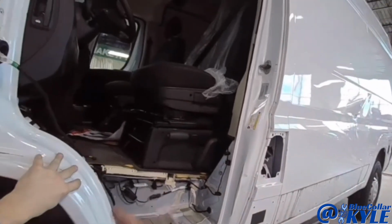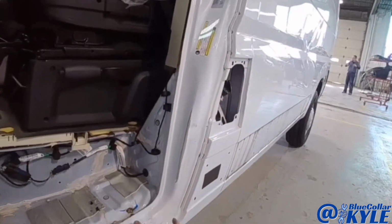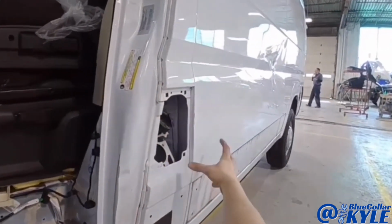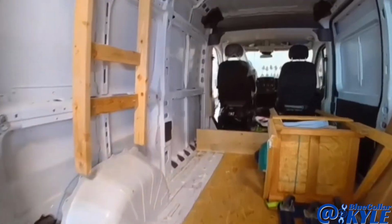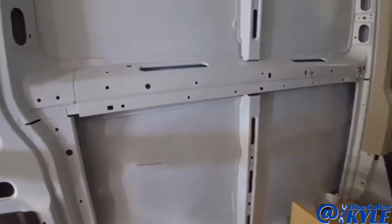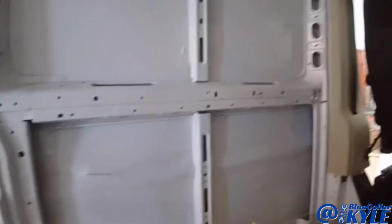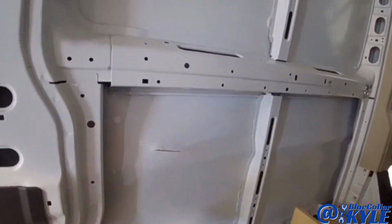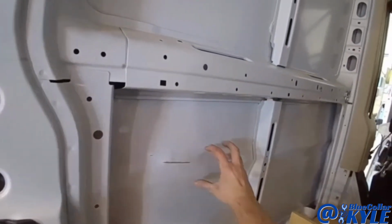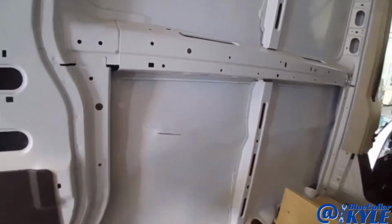Then it's getting a new door, and it also has damage right here, right here. The good news is there's wide open access to get to the inside of this repair, so that's going to help because this metal is probably, actually I'm sure it's going to be stretched right here, so I'm more than likely going to have to do some heat shrinking to shrink where the metal's stretched out